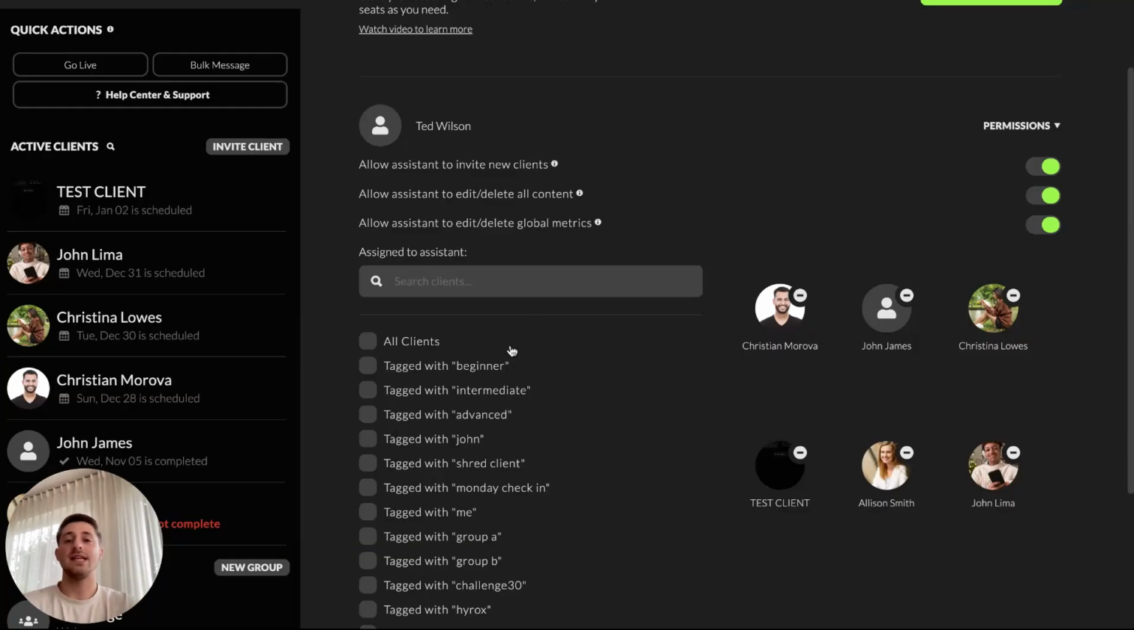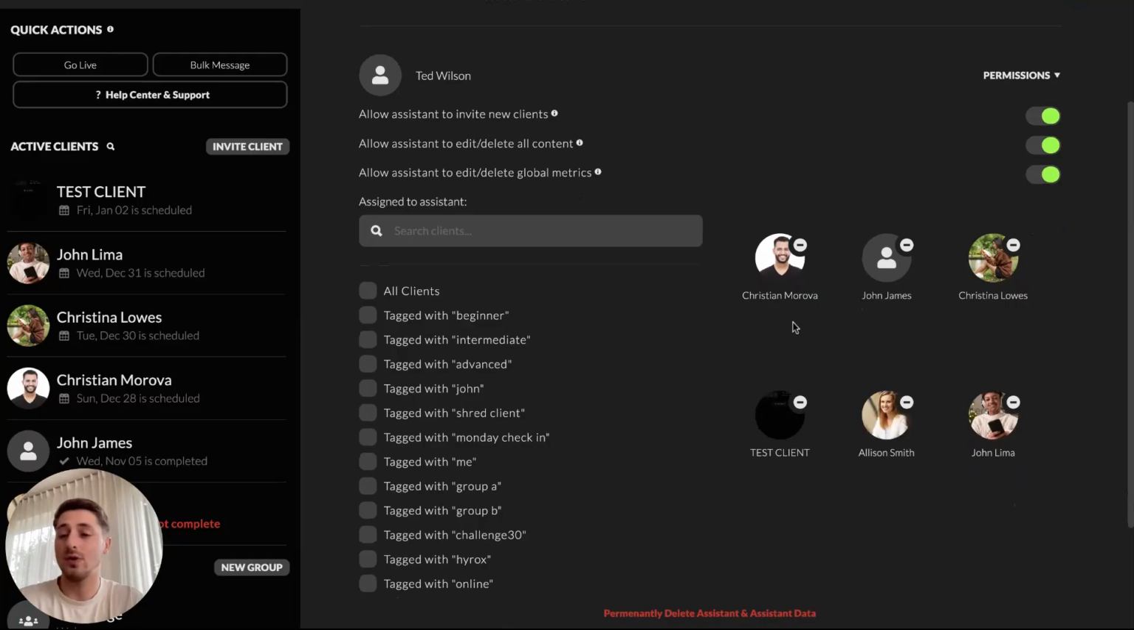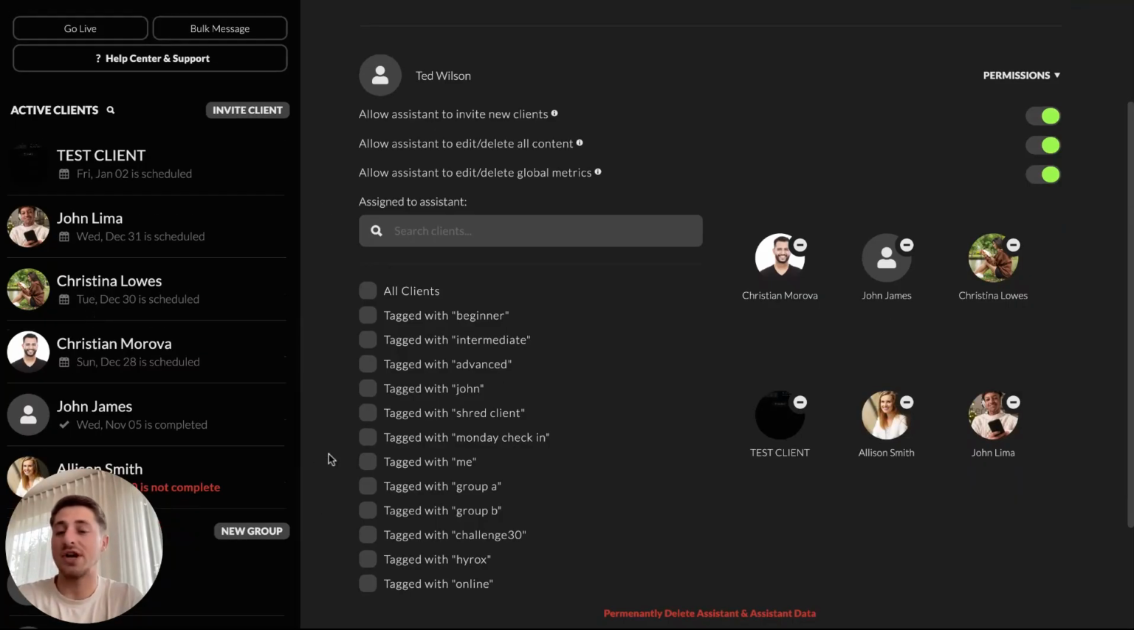Below that, you see assigned to assistants. Here we see that Ted has 6 clients assigned, which is exactly what is going to show up for Ted when they log in on their dashboard. Under the active client list, they're going to see the 6 clients and not any others that have not been assigned to this assistant. Very easy to do because you can also just say, I want all clients to